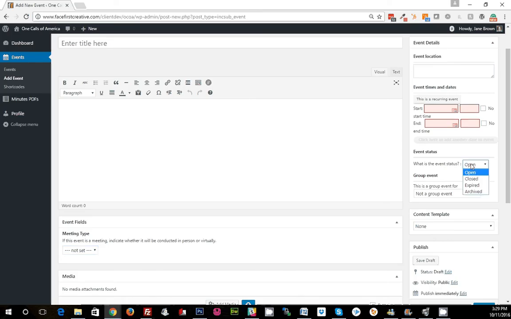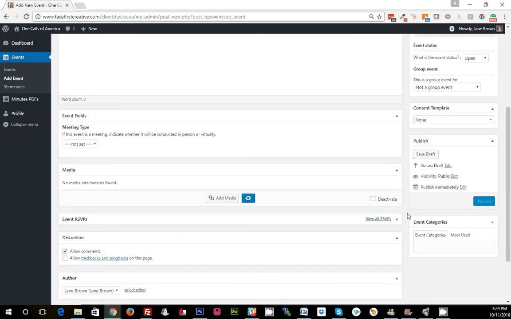When you first create an event, it would be open. If you have a maximum capacity, you can come in here and close it, so that you don't go over capacity for that meeting. Here you select the member or the committee that the event belongs to, so that it will show up on the committee page's feed. And then you just click publish. And that is automatically sent to the calendar page and the feed on the home page. So if we go back,